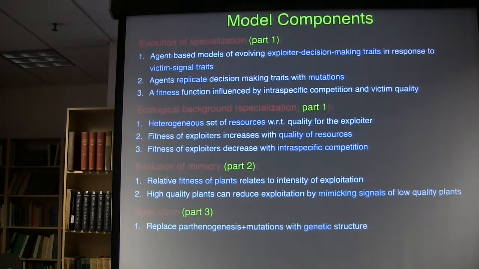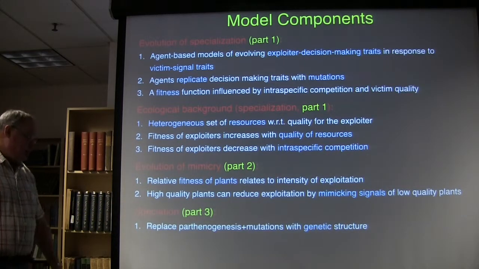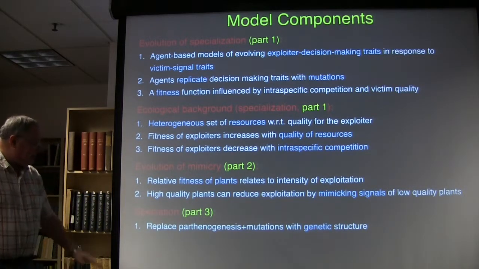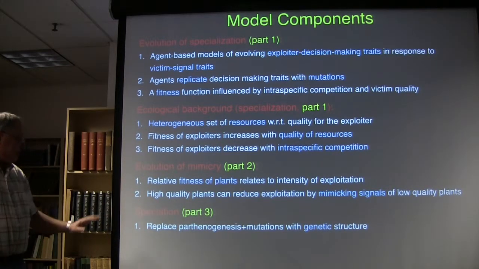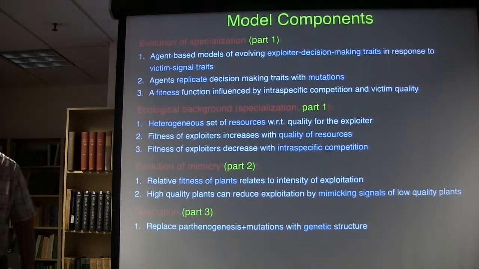And then we're interested in speciation. And to address this question, our final study, which we published in PLOS Biology, takes parthenogenetic reproduction or cloning and puts sexual reproduction in place of it, and also adds some genes for mate selection, where the genes relate to the fact that individuals are more likely to mate with individuals exploiting the same plants as them as exploiting different plants. So that sort of fits in with the kind of Rhagoletis, hawthorn, apple situation.